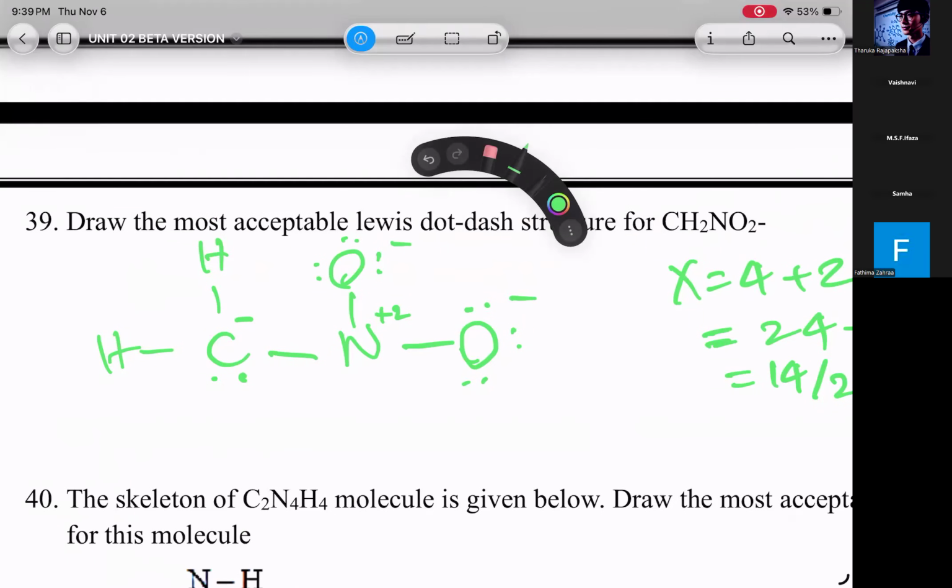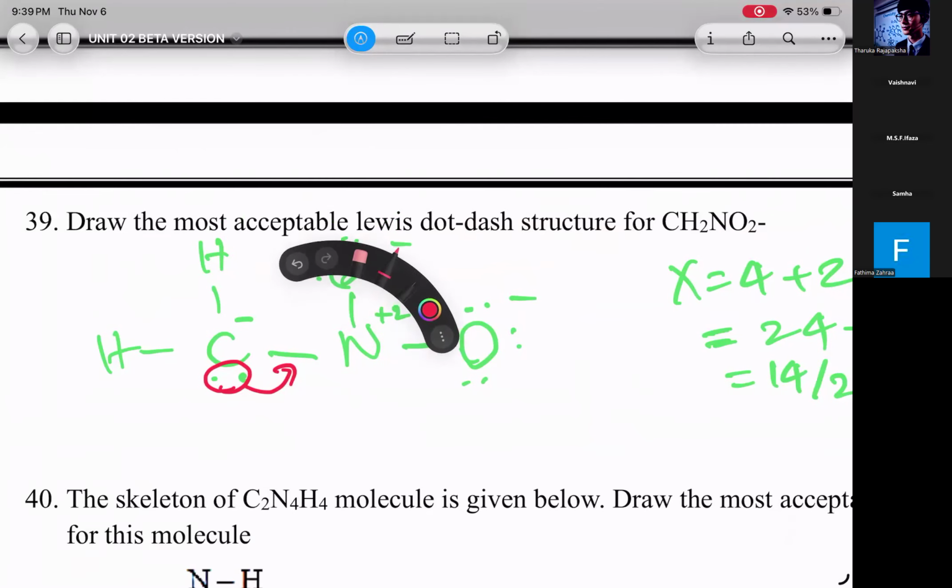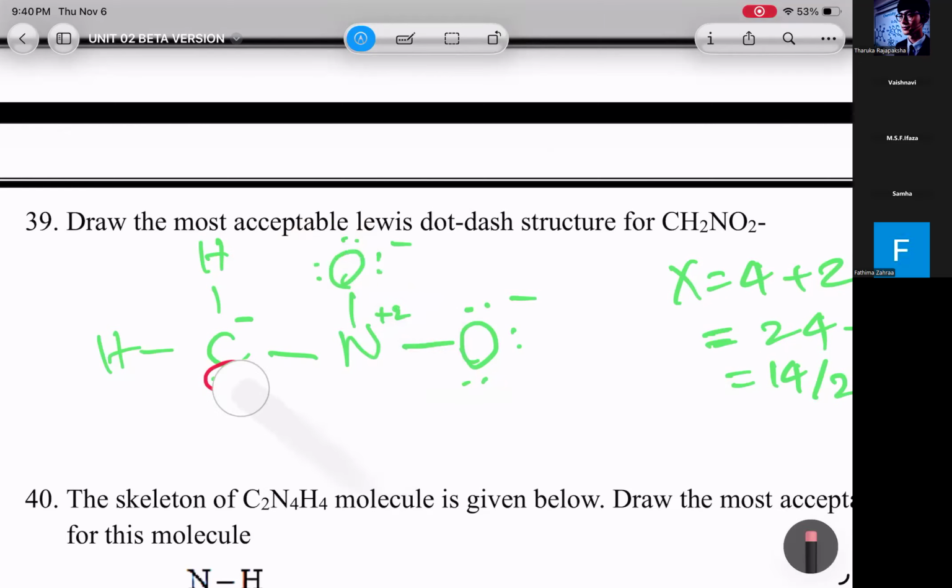So what we do is, let's form a bond between carbon and nitrogen. I form a bond here. Now what's going to happen? You erase the charges, everything, and you form the bond. And then this one remains positive, and the carbon's charge is gone. Yes, ask. What's your doubt?